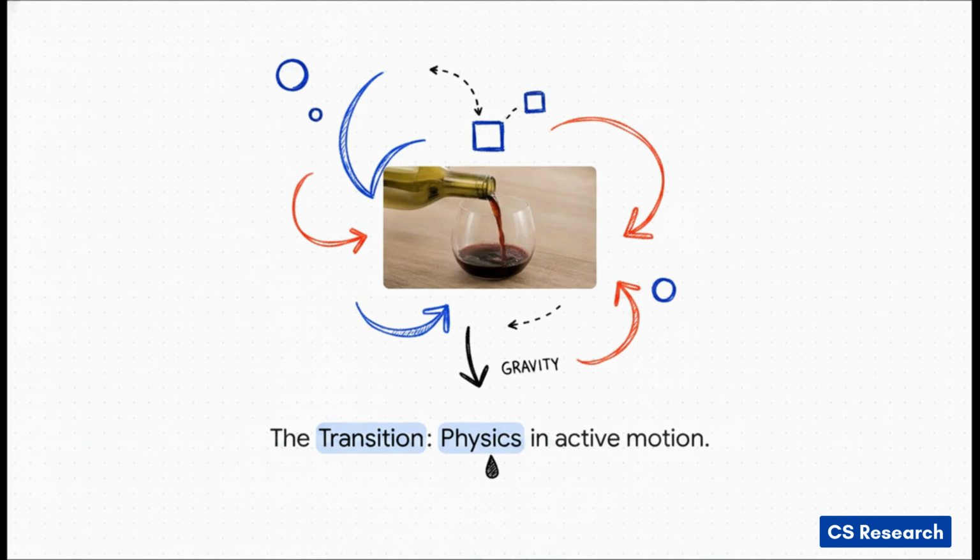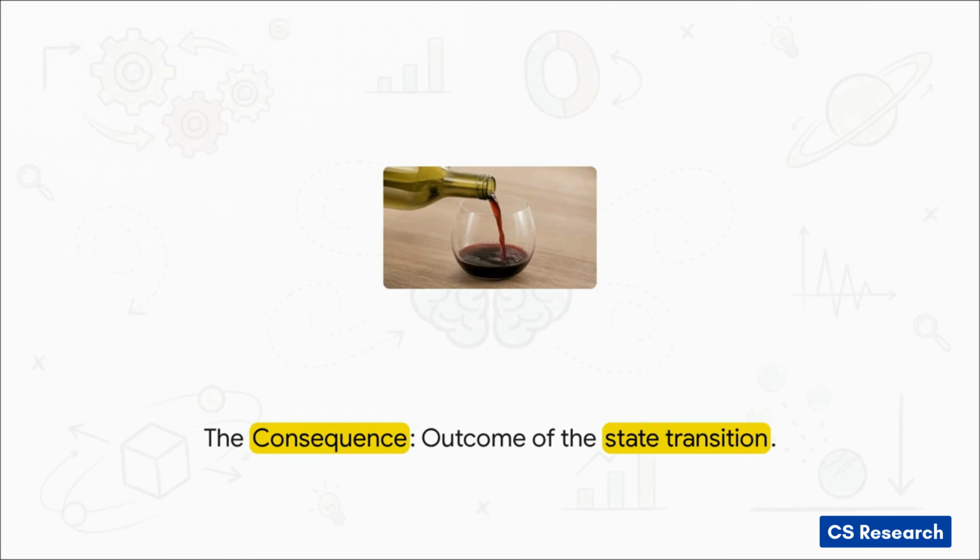A physical language model isn't just frantically memorizing pixels. It's capturing the actual real-world fluid dynamics. It's capturing the continuous state change, the flow rate of the liquid, the gravity pulling it down into the glass. It explicitly encodes this very specific physical action into a tight sequence of discrete tokens. And finally, we hit the consequence, the final state. The physical language actually provides a mathematical bridge connecting the very beginning of the sequence all the way to the